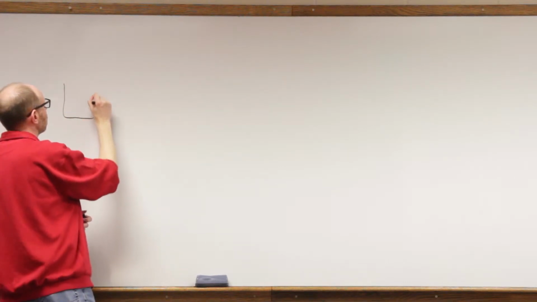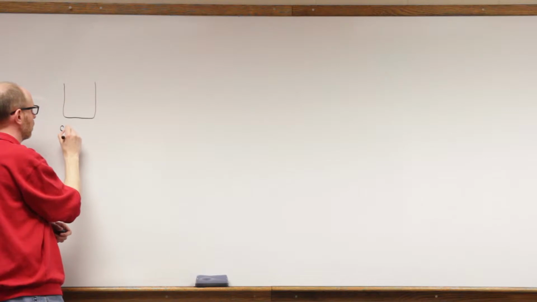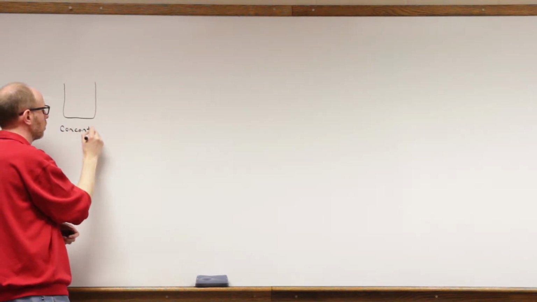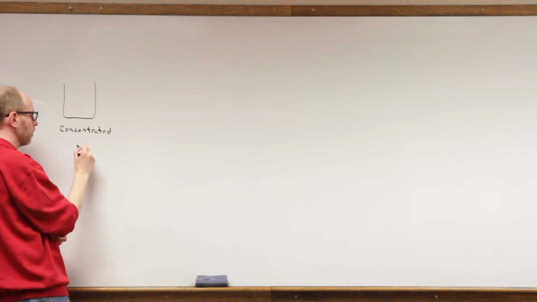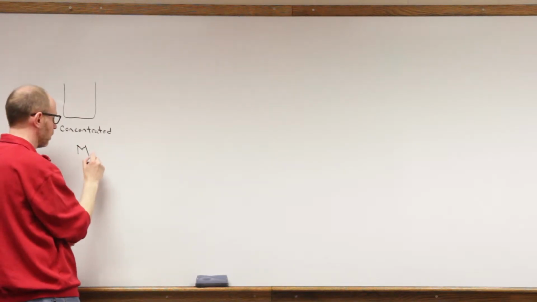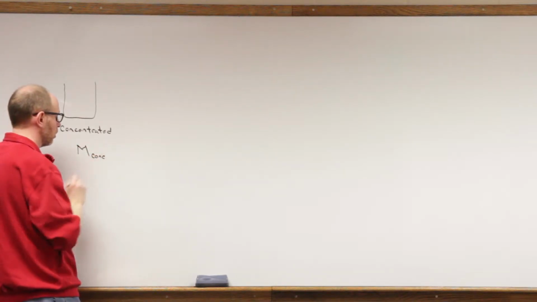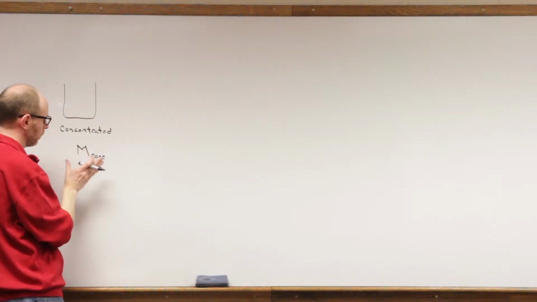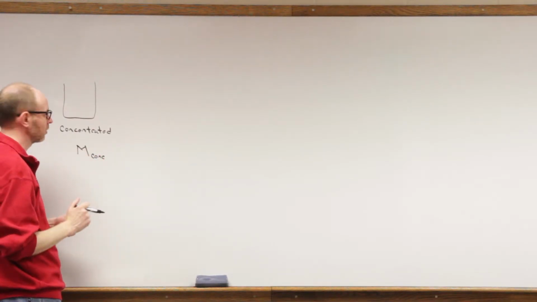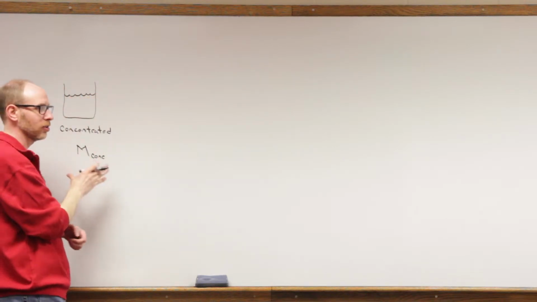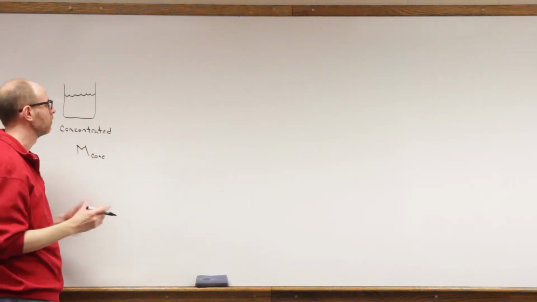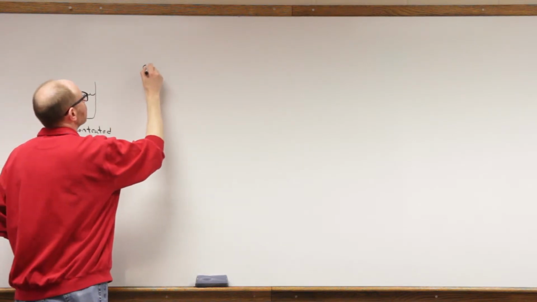So in dilution, we are generally going to take some concentrated solution that has a molarity of moles per liter of a certain fixed amount. And so we have this container that has this solution that's very concentrated. And what we're going to do is we are going to take that